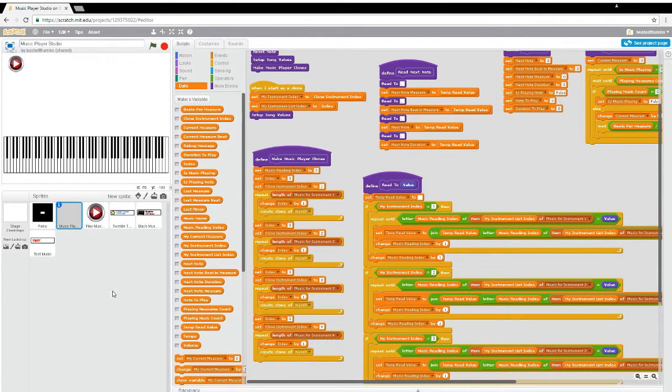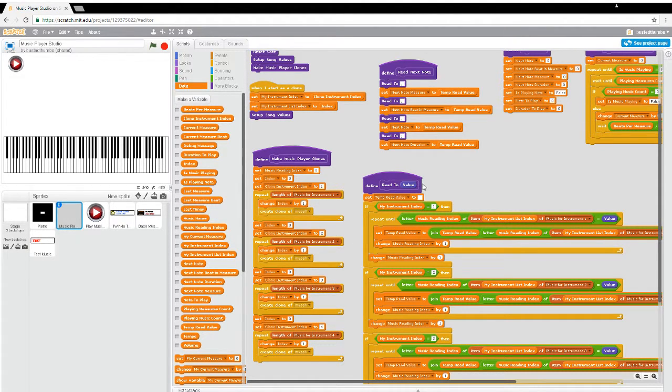We discovered one of them: if there are fewer notes or fewer measures in one bit of the music than in the other, like the right hand versus the left hand, or the melody versus the accompaniment, then it just kind of stops playing. And one of the problems that I identified last time that we need to work on this time is that